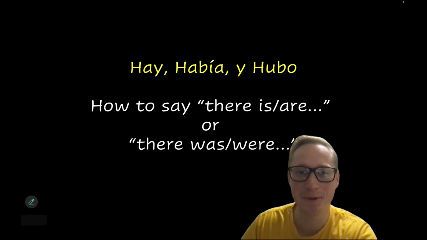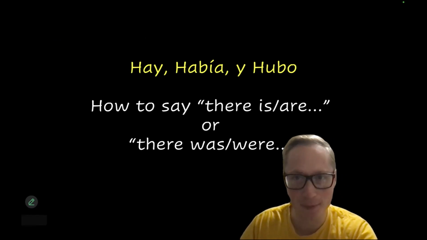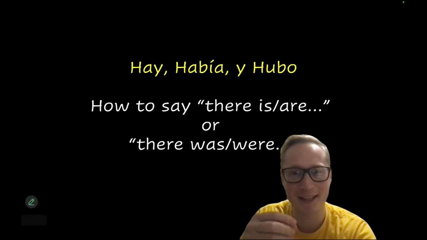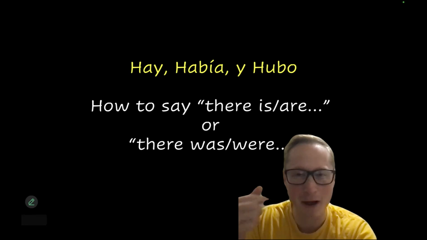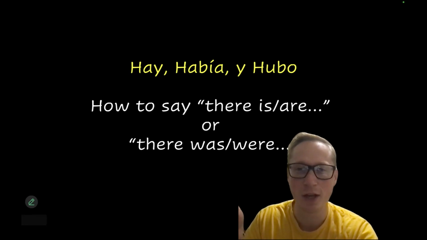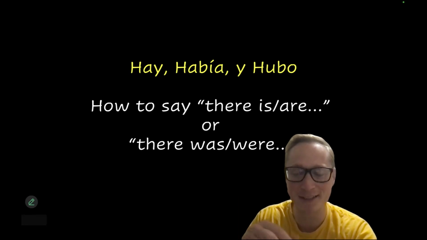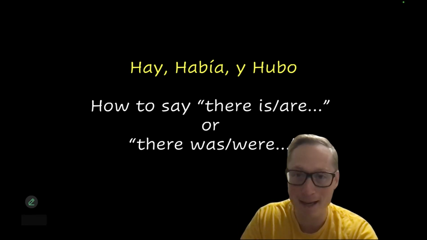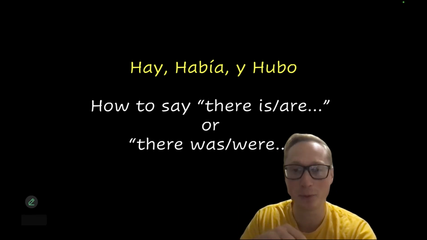Okay, so today we're going to be talking about how to say there is, there are, or there was, or there were in Spanish. And this is one of the coolest tricks to know because there is minimal need to think about conjugation. I love these sentences or these phrases where we can just throw our new knowledge into the middle of a sentence and it's gonna work out because it just does. Hay, había, and hubo are three examples that work just like that. And that's what we're gonna go over today.